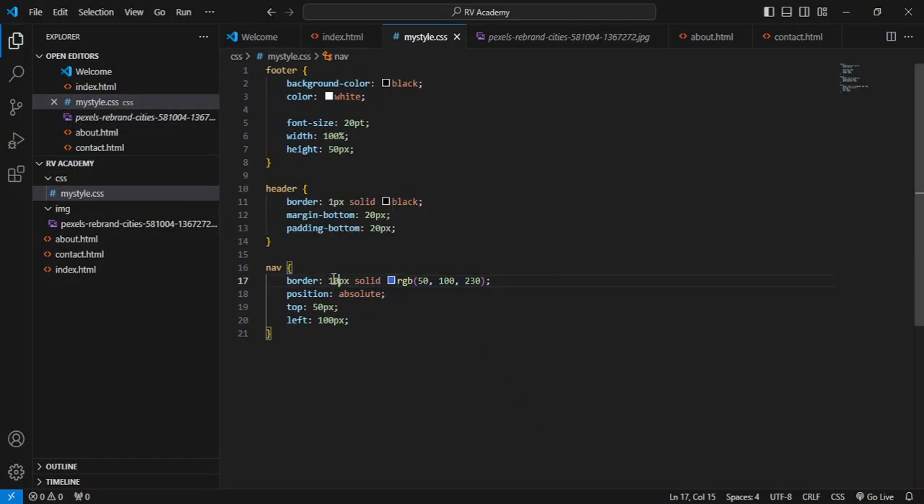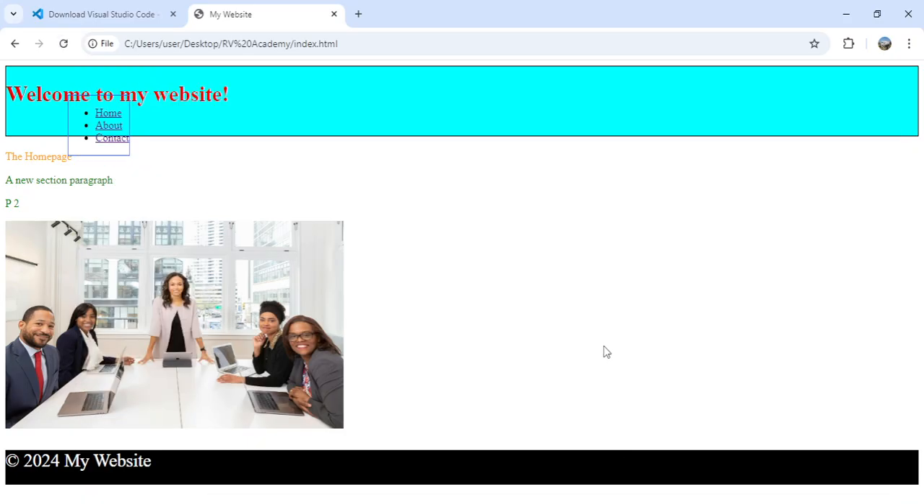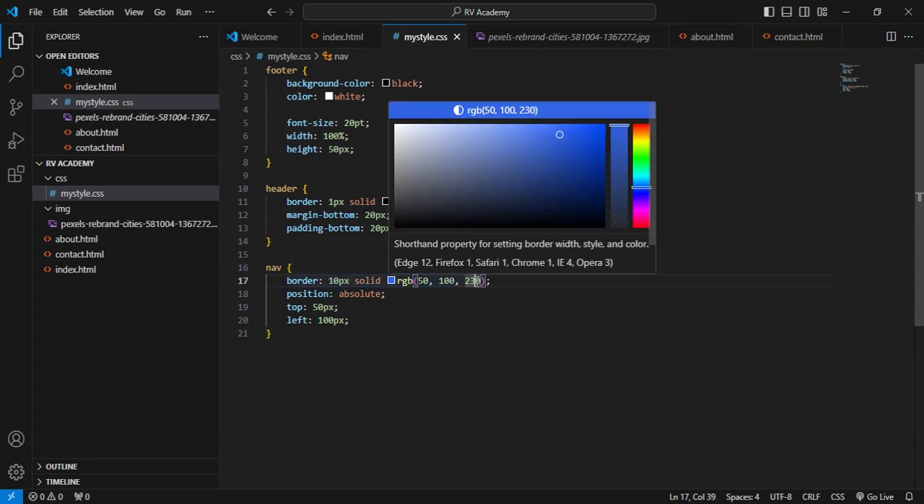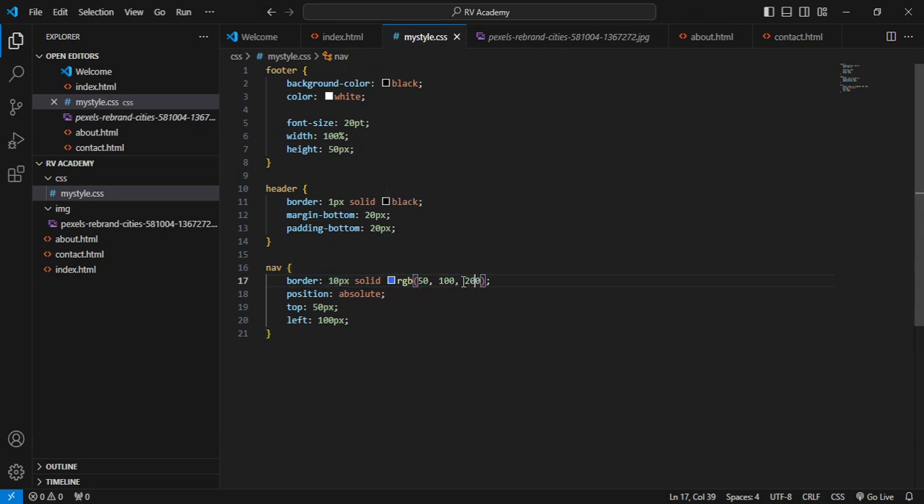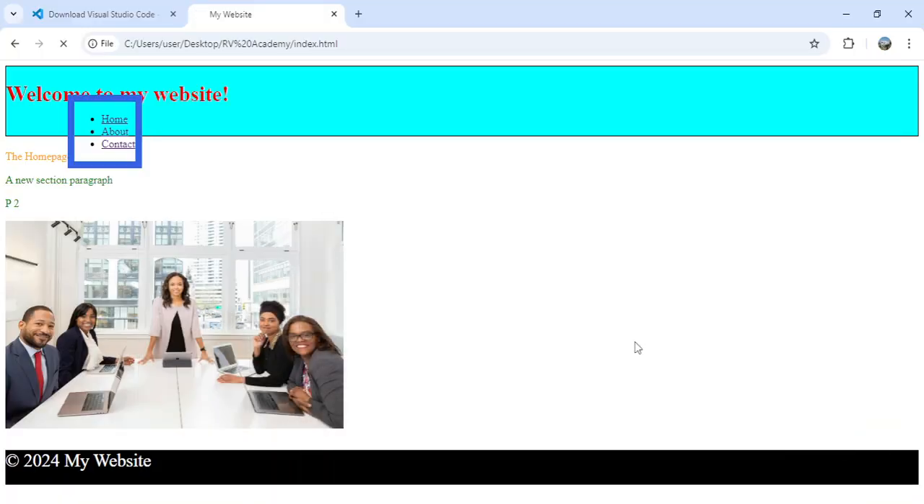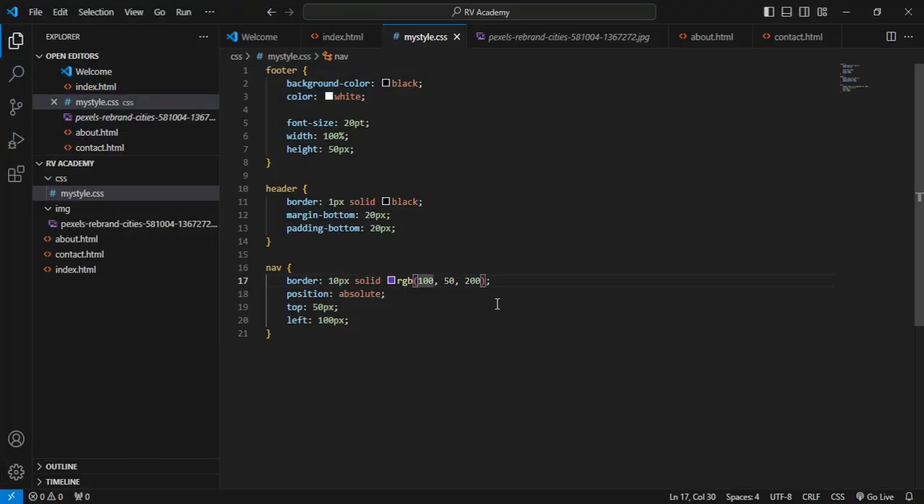If I put this here 10 pixels, it's going to make that show even more, right? You can see that it's changing the color. If I put 200 here, and then I put 50 here, let's see what's going to happen. And then I say 100 here, you can see that that color has changed, right? So basically that's how you can use RGB to color